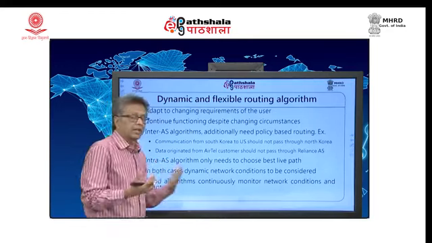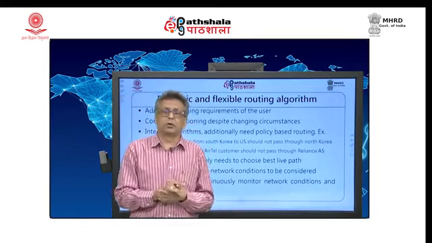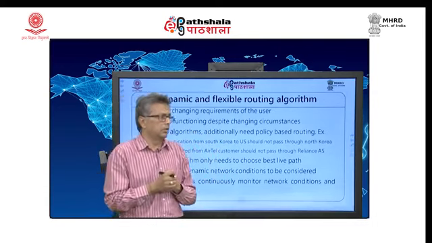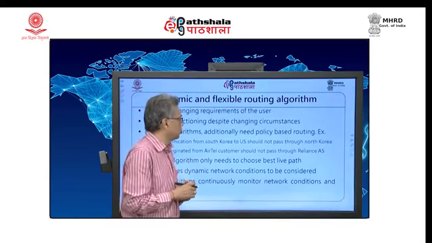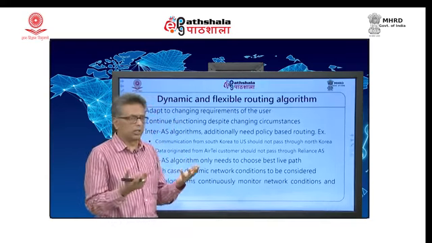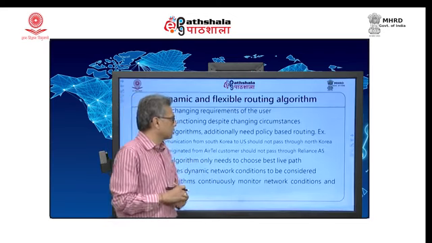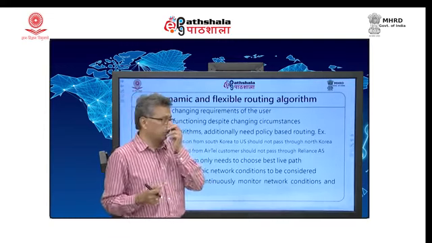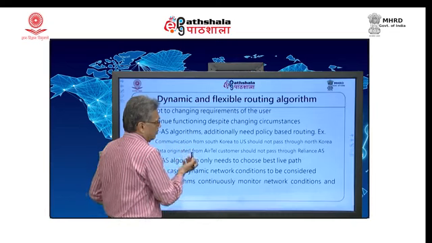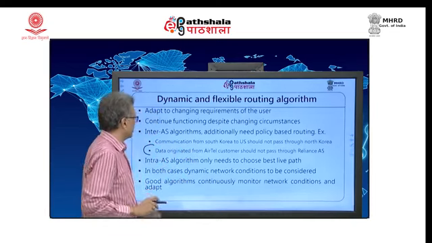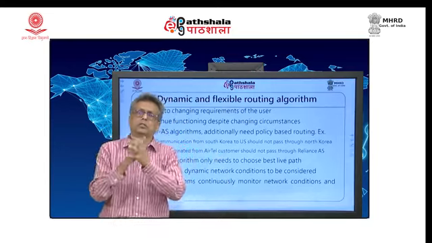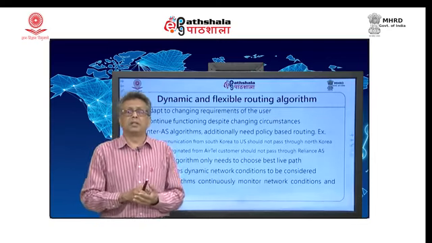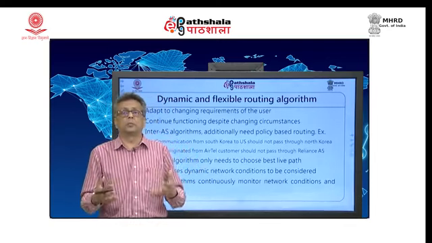Whenever you talk about inter-AS algorithms, the routing process does not depend on all this, it depends on the type of policies that you choose for routing. Here are two examples: communication from South Korea to US should not pass through North Korea, and data originated from an Airtel customer should not pass through Reliance AS. Now, the problem is that this might change. The first might not change, but it is quite possible that Airtel and Reliance merged into a single company, and that policy just vanishes, because the policy basically reflects business relationships which keep on changing.